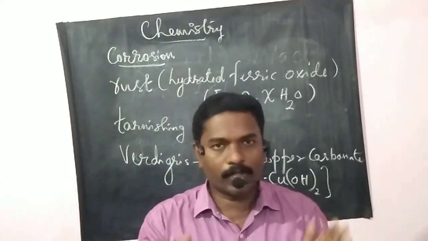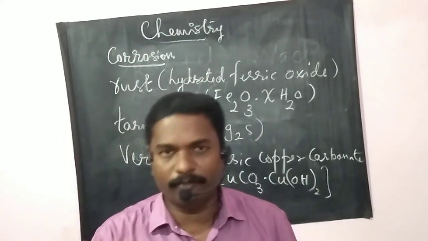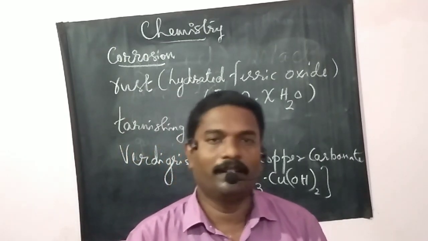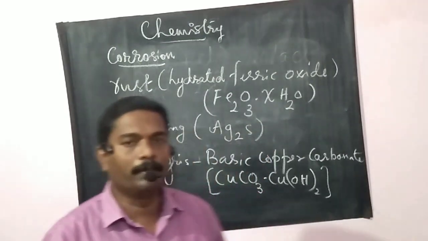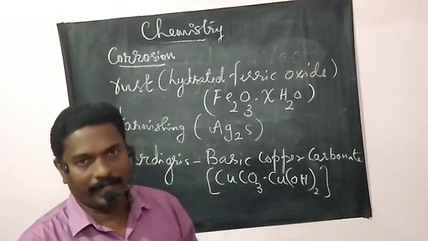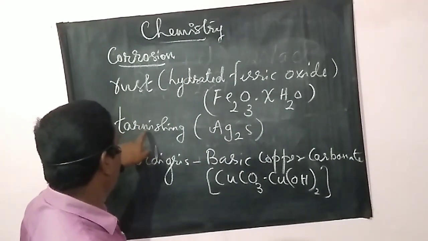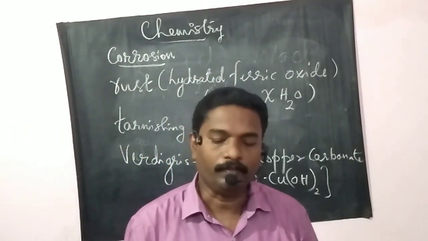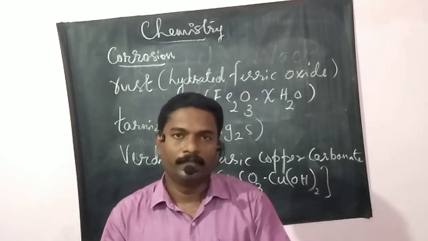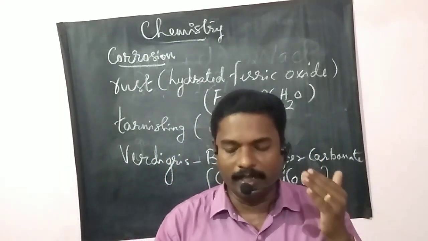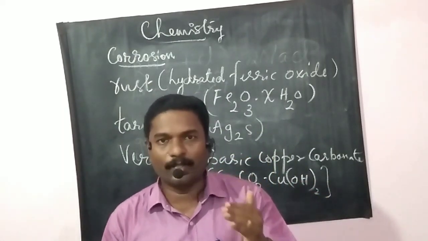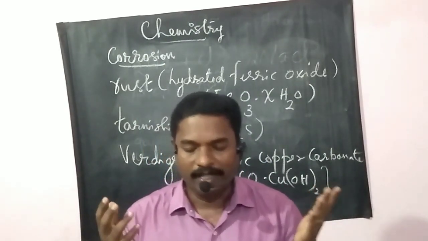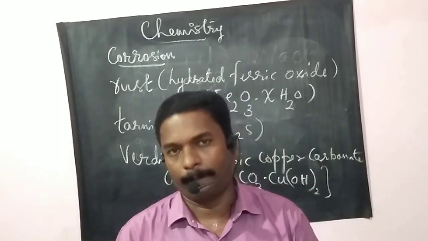Okay, so what is corrosion? Once again, corrosion is the destruction of metal by air, carbon dioxide, moisture, etc. and they get corroded. This phenomenon is called corrosion. Three examples are rusting, tarnishing of silver, and verdigris on copper utensils. And corrosion of iron is a serious problem because it leads to wastage of tons of iron every year, and a lot of money is spent to repair or replace it.